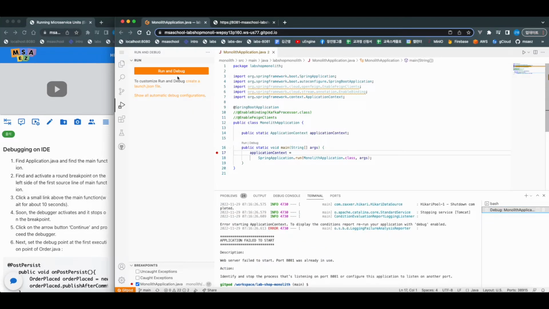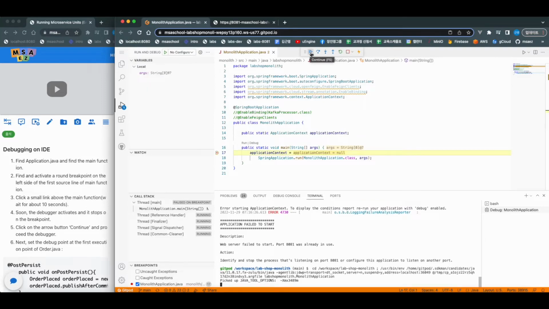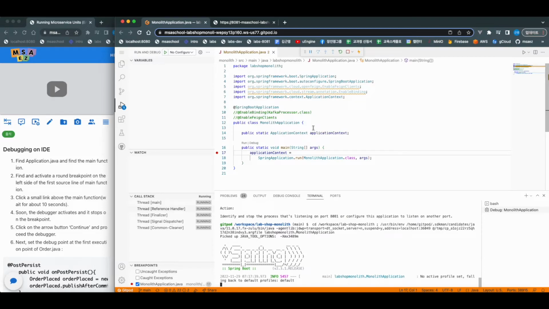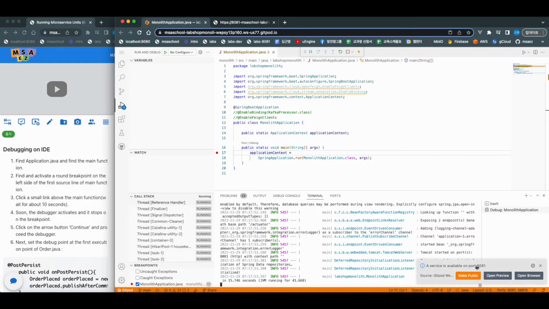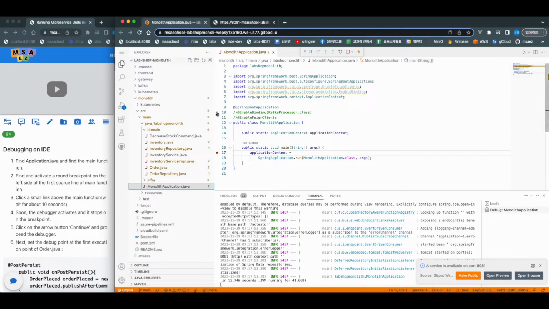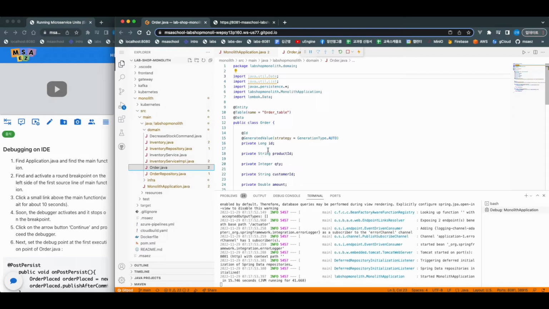So let's run it again by debugging, and then I'll click on continue, and then the Spring server will come up as we saw before, and the port number 8081 is coming up. So we have checked the debugger, and this time I'll move on to Order.java